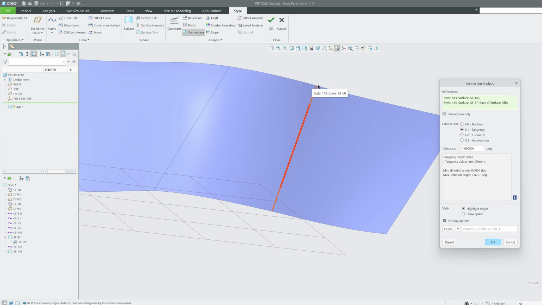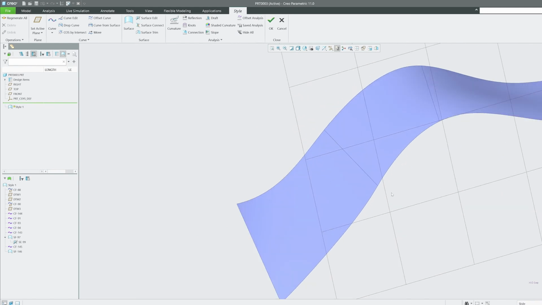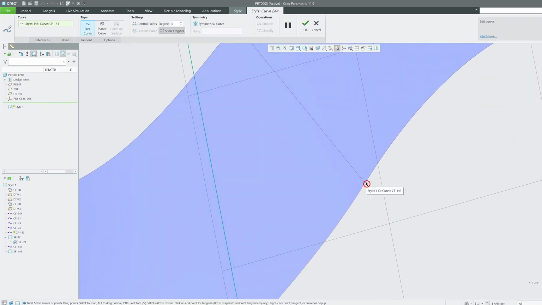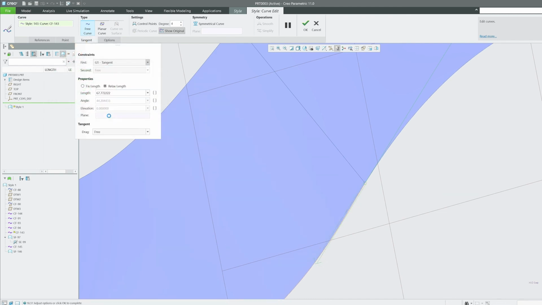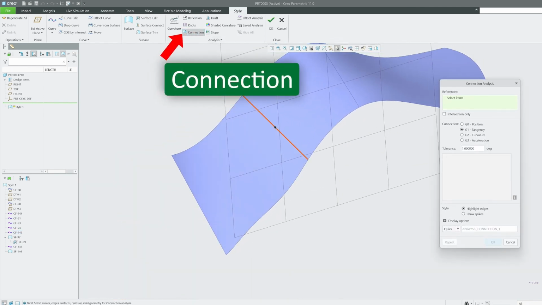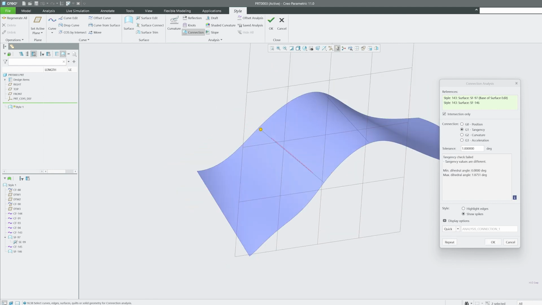Here we have added the tangent type. That is also, I would say, very important, that we apply a similar kind of connection on both sides. Now again let me select this and hit here, go to tangent and select curvature. Now let's click OK, and again go to connection. This time let me select this curve. So here we can see Z0 is passed, G1 is also passed, G2 is also passed. And let me actually select the whole curve again,